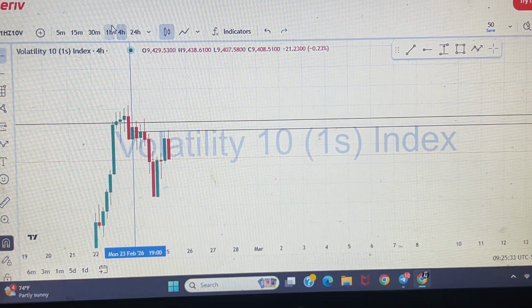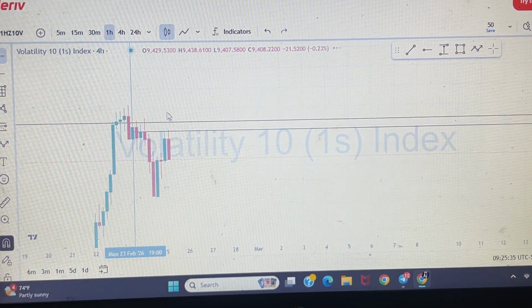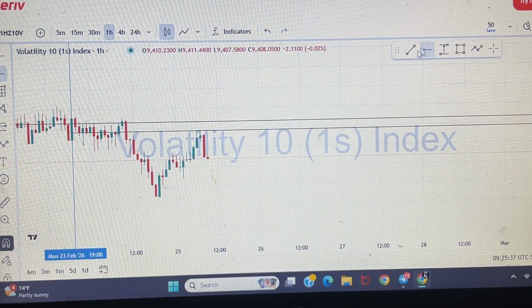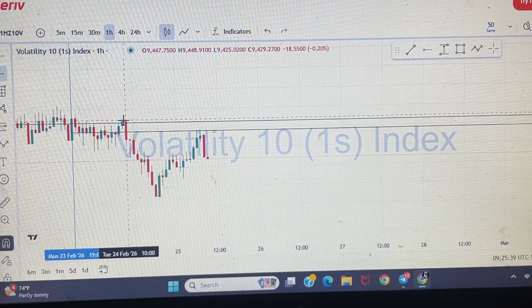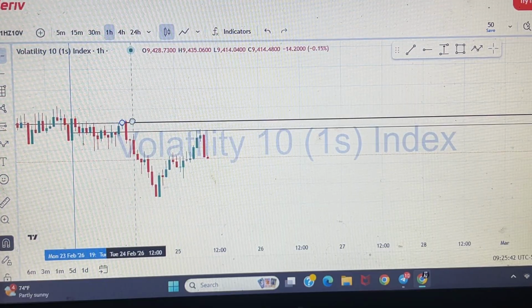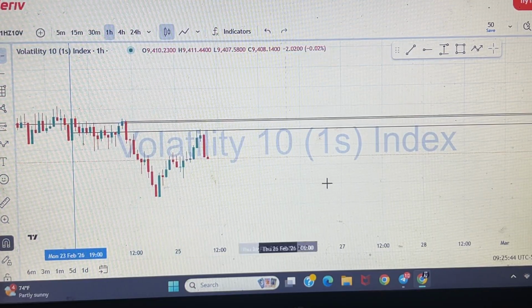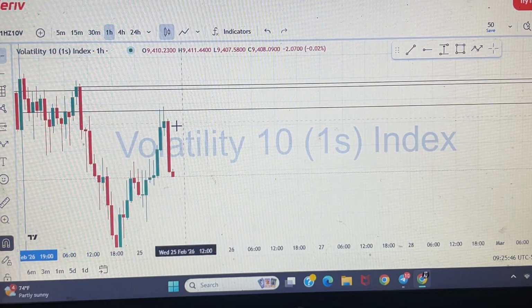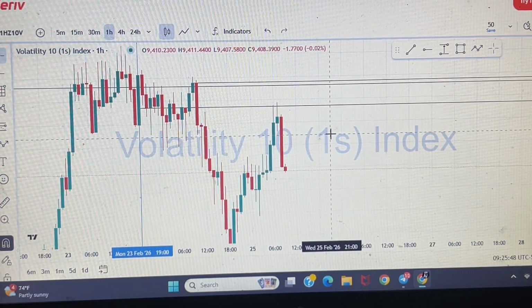I'm not gonna lie, when I marked it out, I did mark this one on the 1 hour too, so this one would be like a minimized one. But as I could see, the price reacted to the 4-hour one. So when price reacts to our 4-hour structure retest,